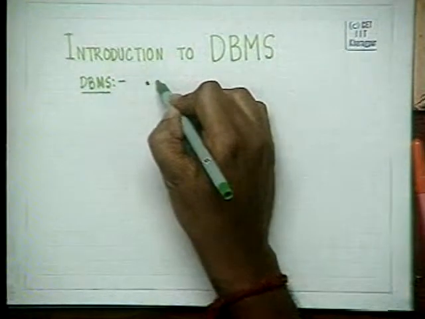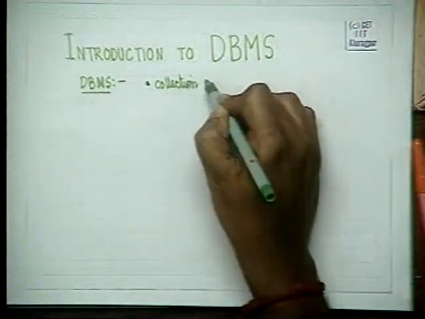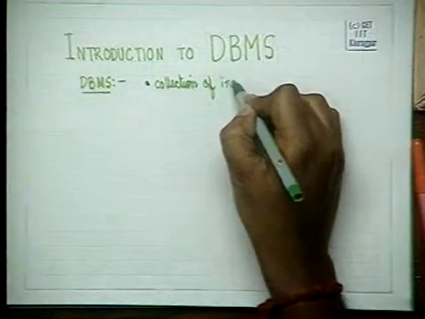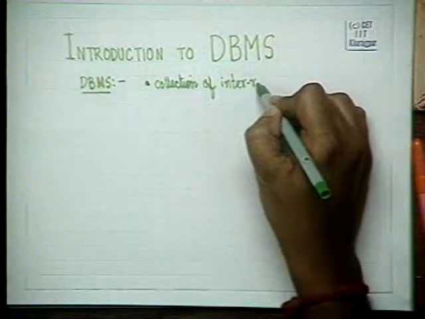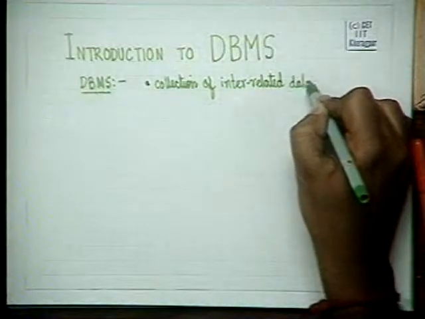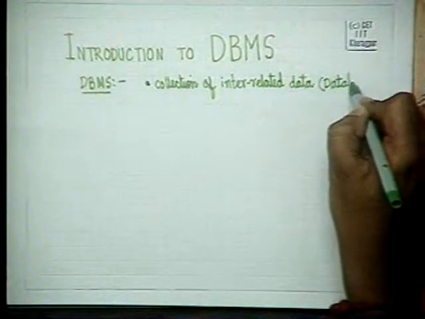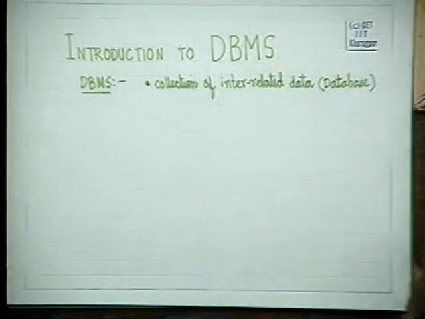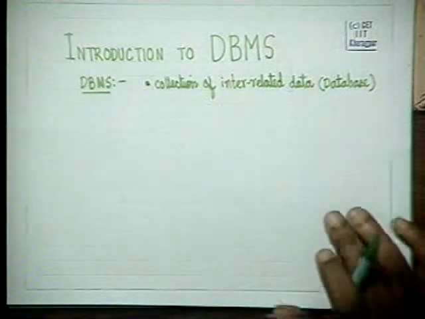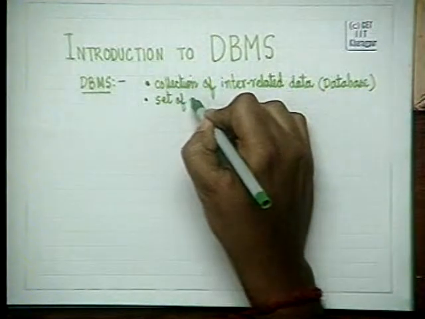The first is a collection of interrelated data, which is called the database. And the second major component is a set of software packages or a set of software tools